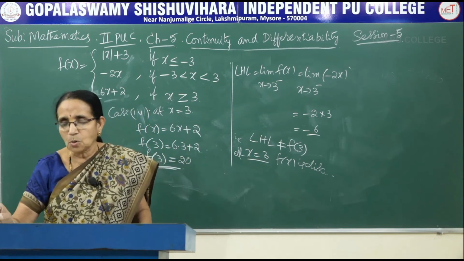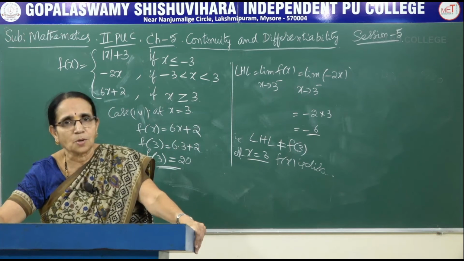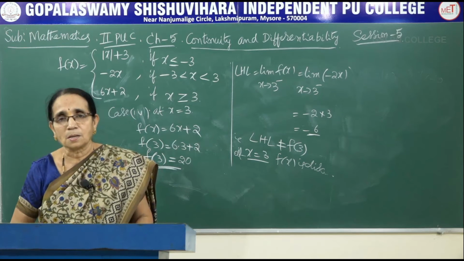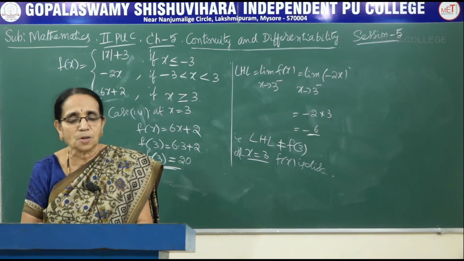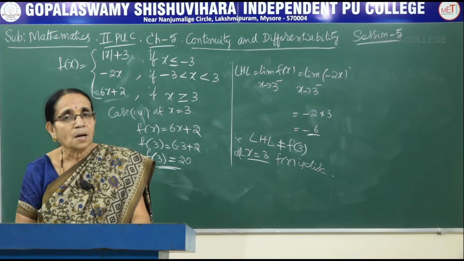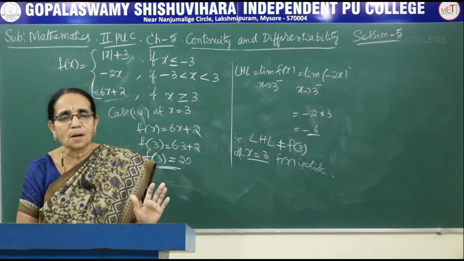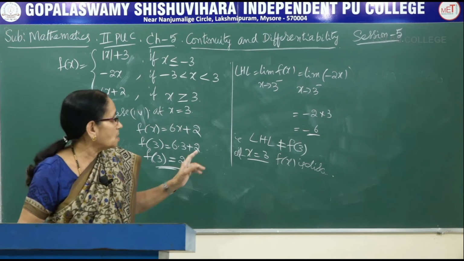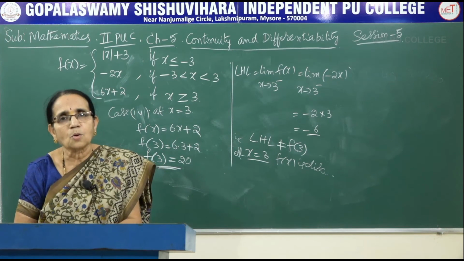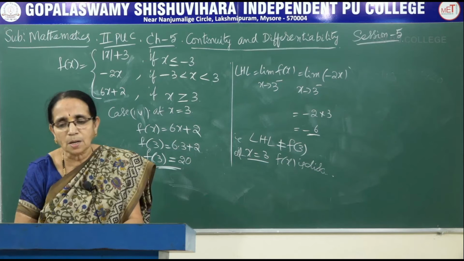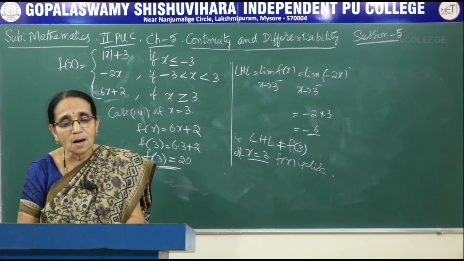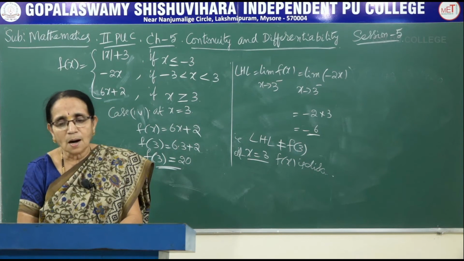We were asked to find out the point of discontinuity. So the domain involved 2 exact points here. Before minus 3 and after plus 3, we calculated. But at exactly minus 3 and exactly 3, at minus 3 it was continuous and at 3 it was discontinuous. So while writing the answer, we write it as x is equal to 3 is the only point of discontinuity. Now this is how we have to write the answer.